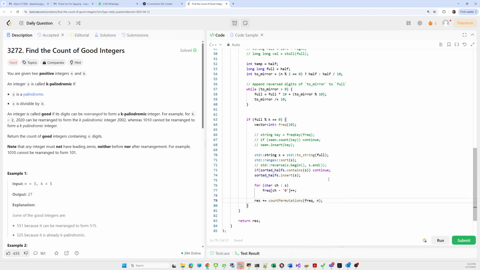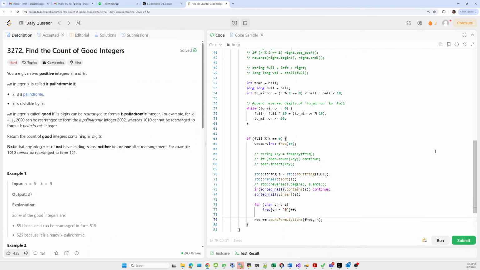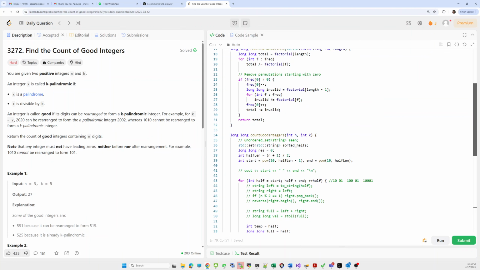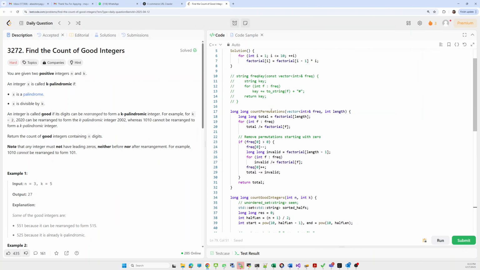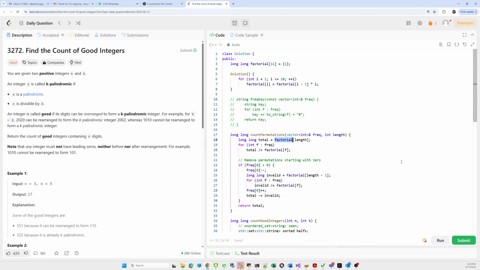Okay, now we'll jump into the count permutation part. While counting the permutation we have to compute the factorial part again and again, so to prevent that, I took an array of size 11. Initially, when our method is called, I calculate the factorials up to that.